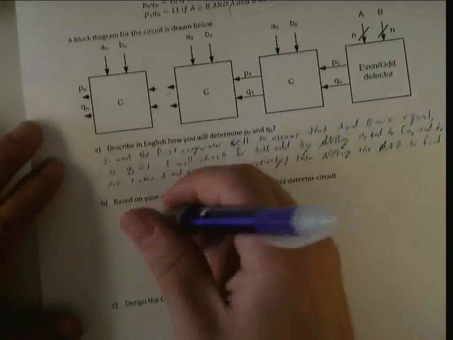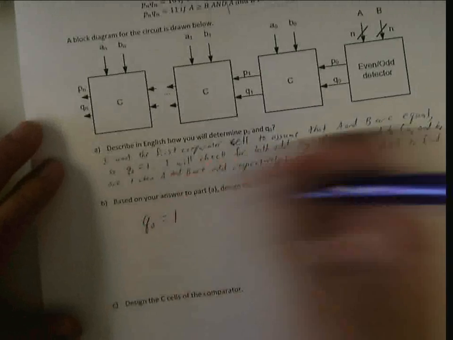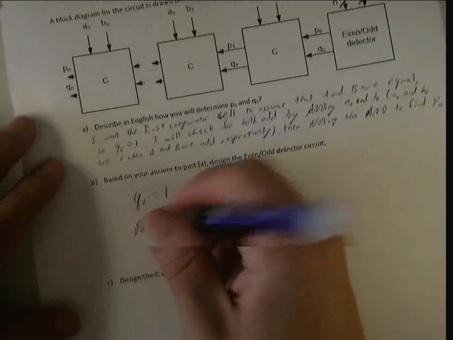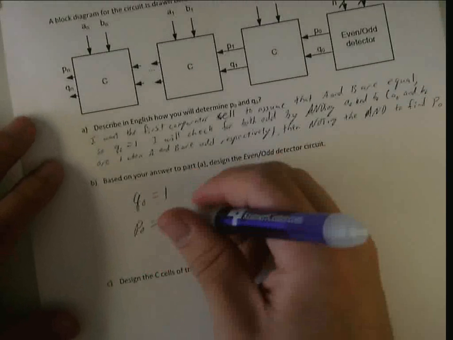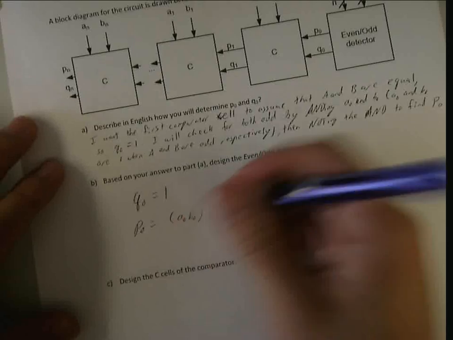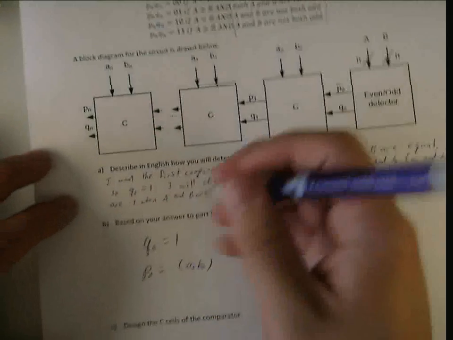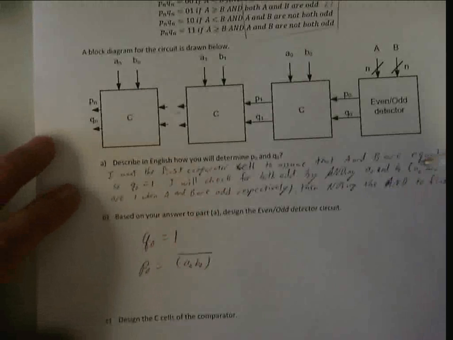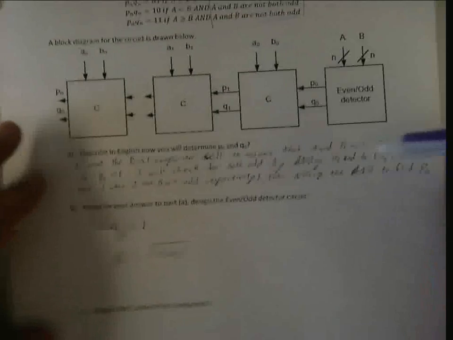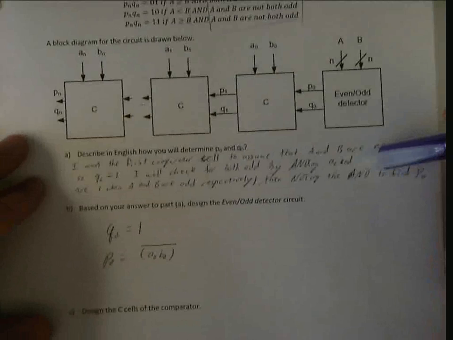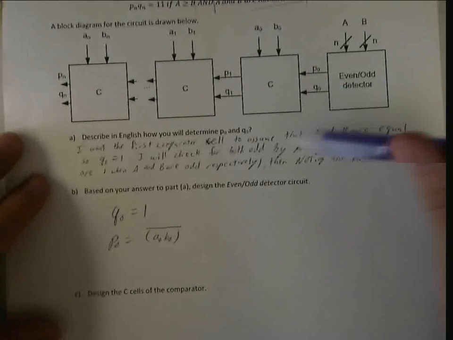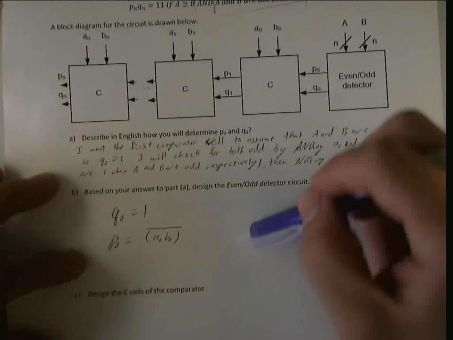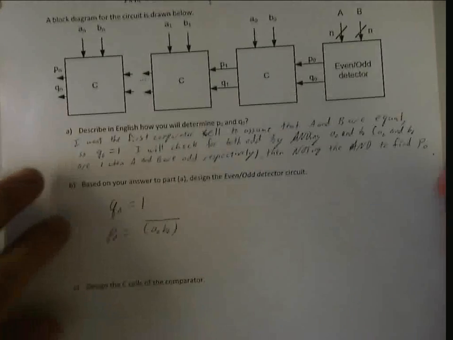So based on my answer here, this is basically saying Q0 is equal to 1, and P0 is, both are odd, so that's A0, B0, but I want P to be 0 when they're both odd. So that's the complement. Essentially, this was a cleverly disguised solution strategy. That's really all there was to that. So based off of this, I have B, and now I can go on to designing the